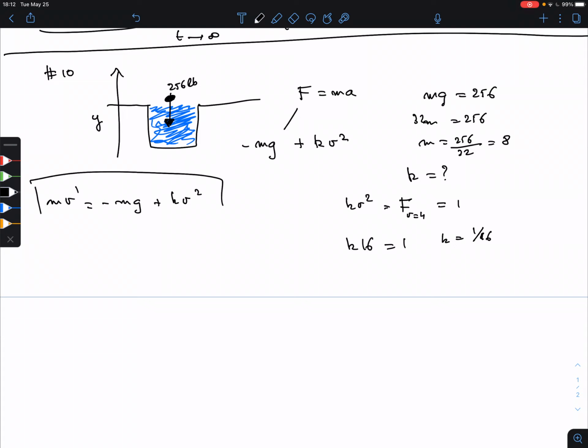That is our differential equation, and we know that m is 8, v prime is equal to minus 256 plus 1 over 16 v squared. And again, this is separated variables. I don't like the fractions, so let's multiply everything by 16. Now these are powers of 2: 8 is 2 to the power 3, 16 is 2 to the power 4, and 256 is 2 to the power